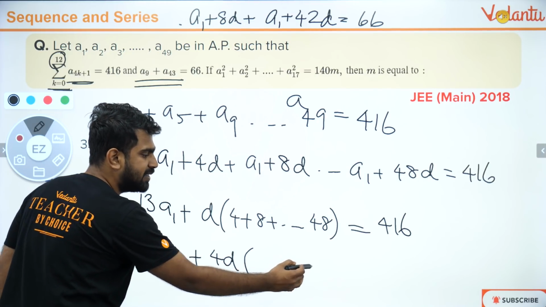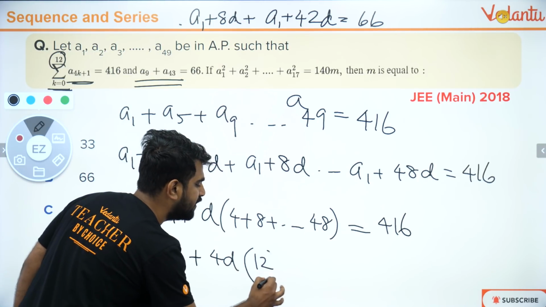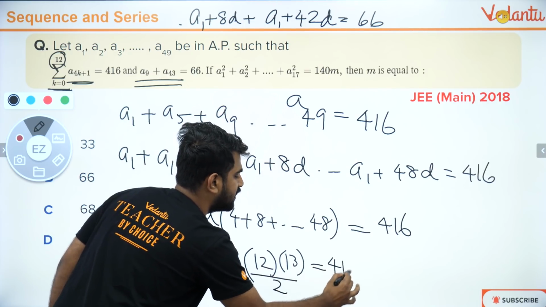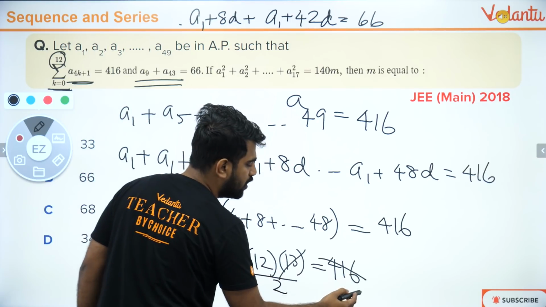1 plus 2 plus 3 all the way up to 12. What is the sum of the first 12 natural numbers? It is 12 into 13 by 2, which is equal to 78. Now 13 is common, right? 13 I can cancel. This will also go in 13 tables, which is